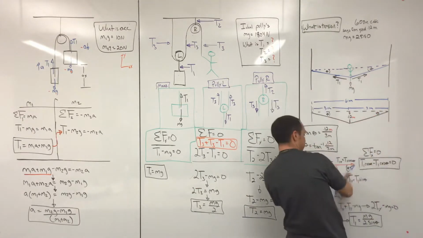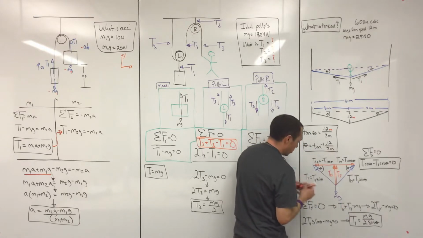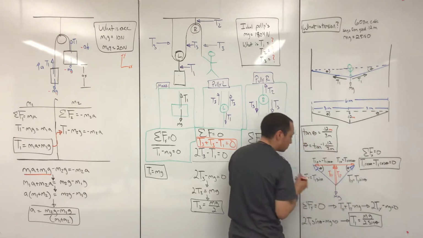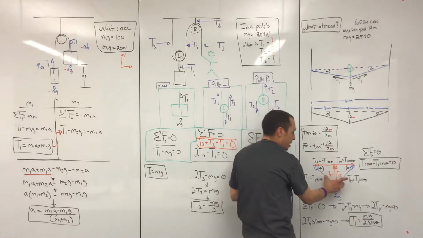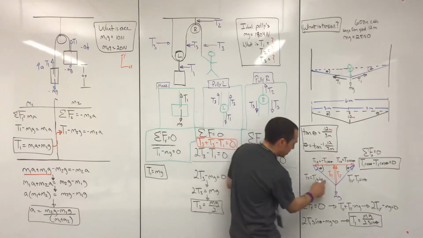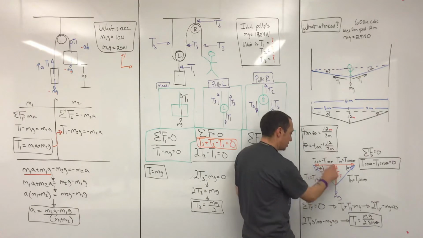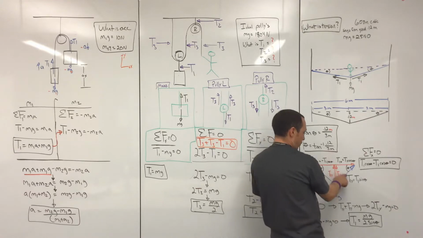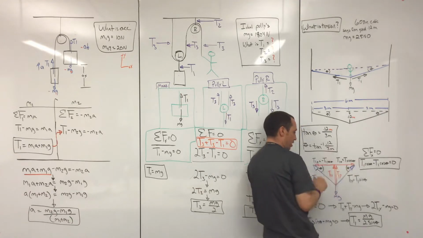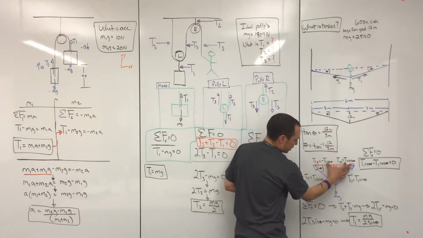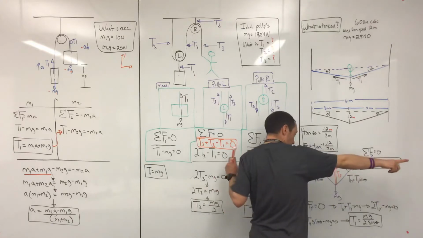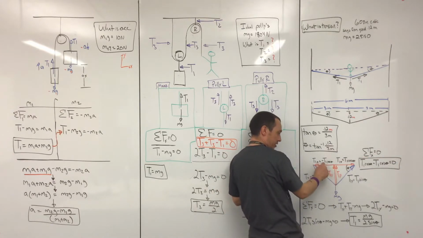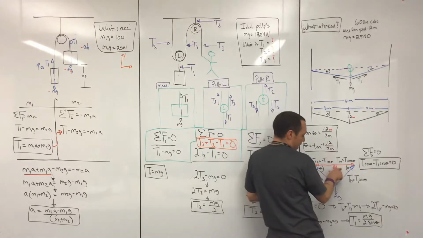So this rope right here is going to give us tension, right? Both those are T1, like the blue right there is T1. And then we want to break those two tension vectors into their components, right? So for this tension, I know that the X is going to be pointing this way, and for this tension over here, the X is going to be pointing that way. And in terms of the angle, both of those tensions will be equal but opposite, right? If this is negative X and that's positive X, T1X over here is going to be negative T1 cosine theta, and this T1X over here is going to be T1 cosine theta,